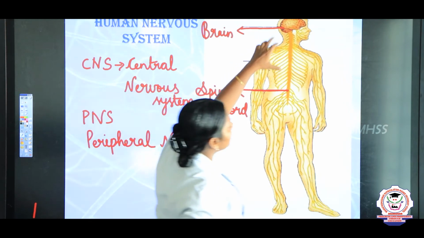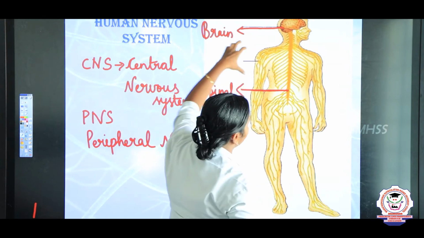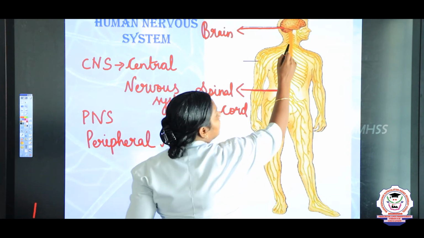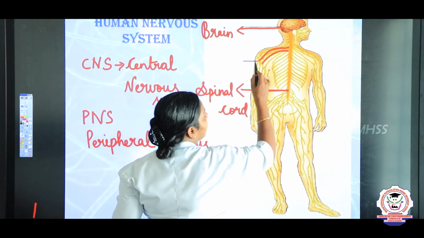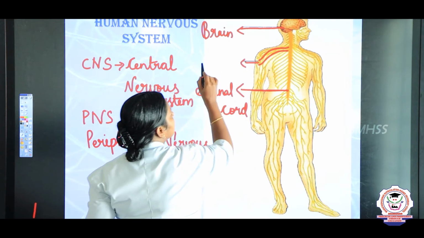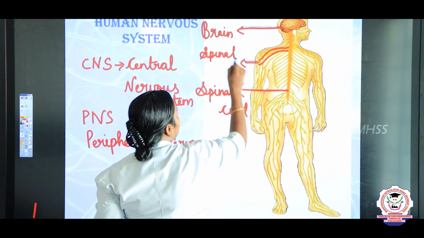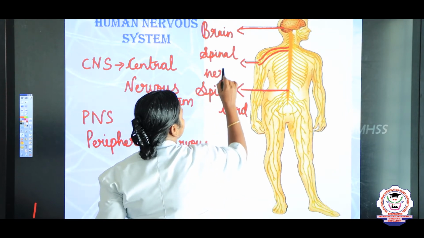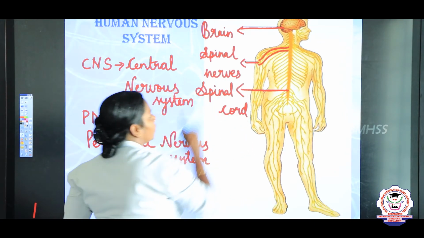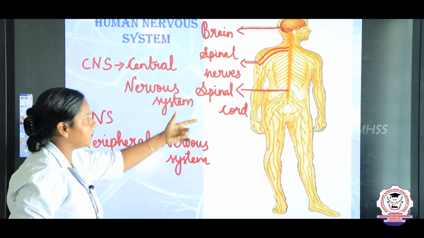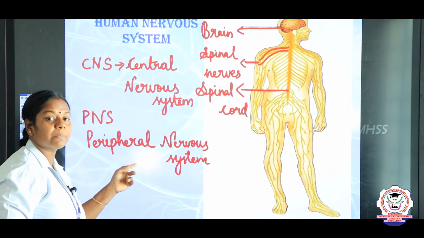So, the nerves that arise from the brain, right? We call it as cranial nerves, and the nerves that arise from the spinal cord, we call it as spinal nerves. What we call? Spinal nerves. So, the nerves that arise from the brain and the spinal cord, we say constitute a peripheral nervous